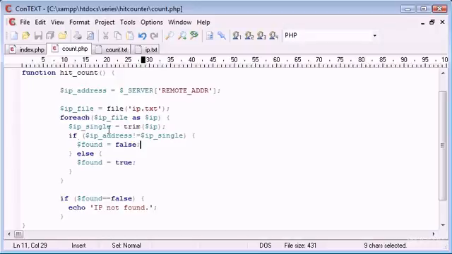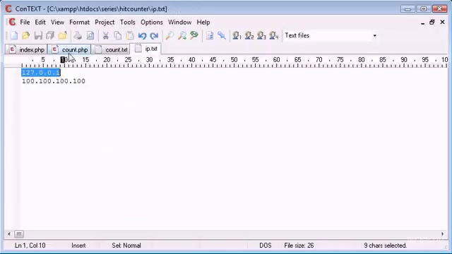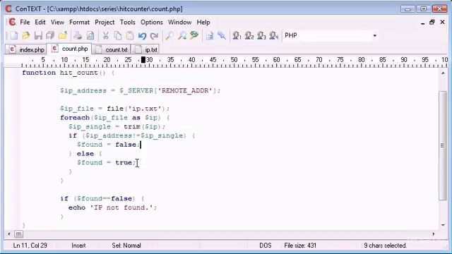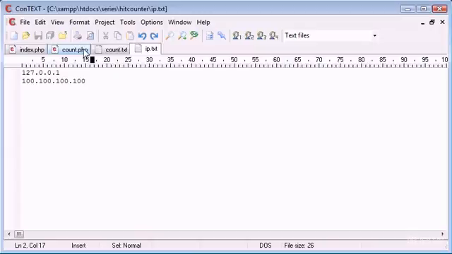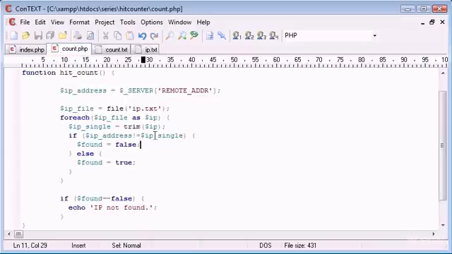So, what's happening is because we're looping through every IP address. First of all, we're going to set the boolean found, the variable found, which is a boolean, to true. And then what we're going to do is, okay. So IP address doesn't equal IP single. Let's change this to equals equals, and we'll change this around so it's just easier to grasp. So if the IP address in the file does equal the IP address of the user, then found equals true. So therefore, if found equals true, we want to say